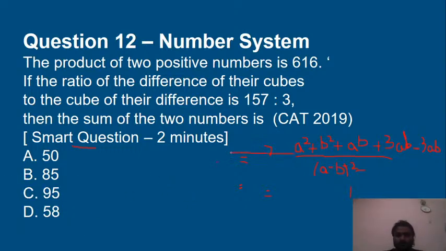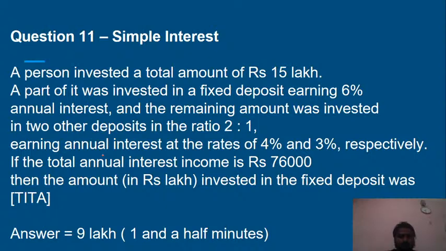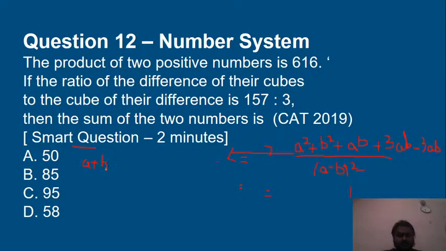Okay, so now I put a square plus b square. So this becomes a square plus b square. See this minus 3ab and I add this plus ab. So this gives me minus 2ab. And I write this as plus 3ab. Okay, and this whole is divided by a